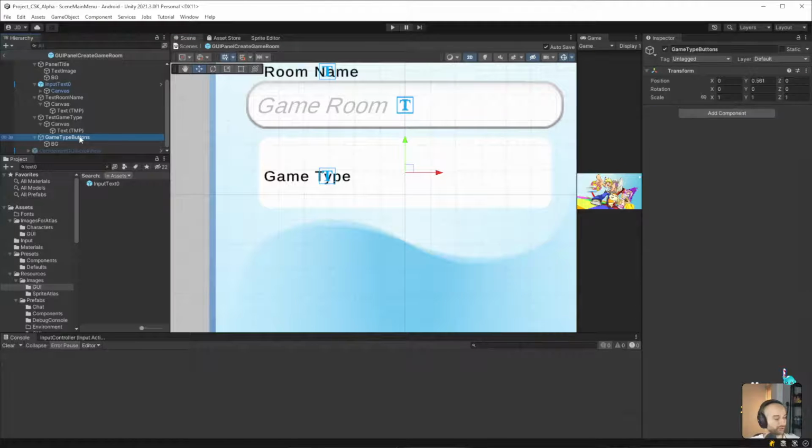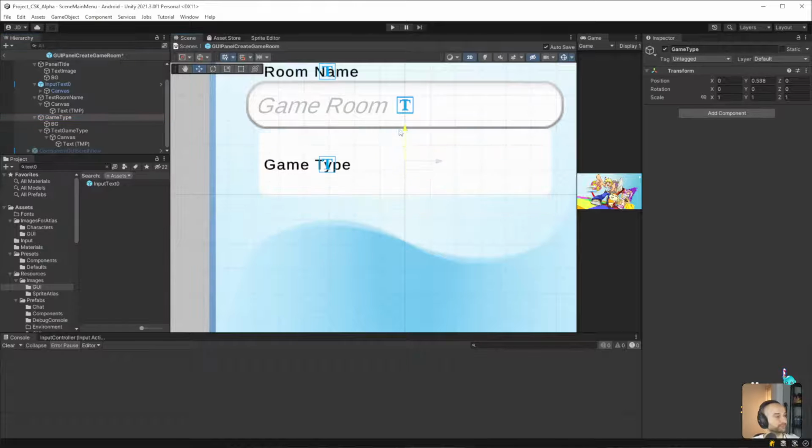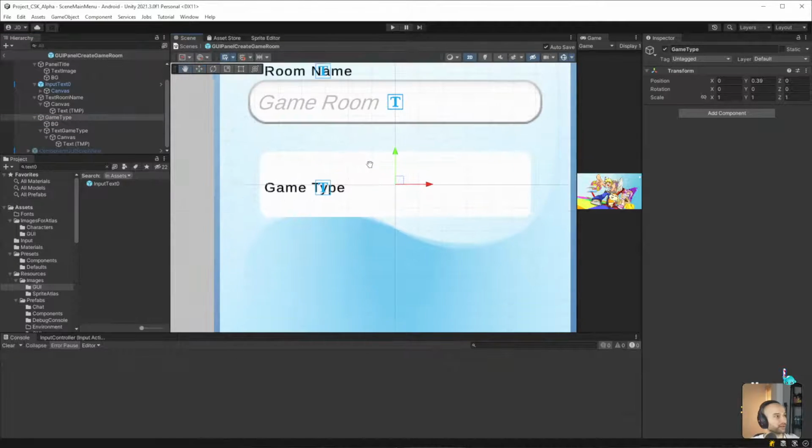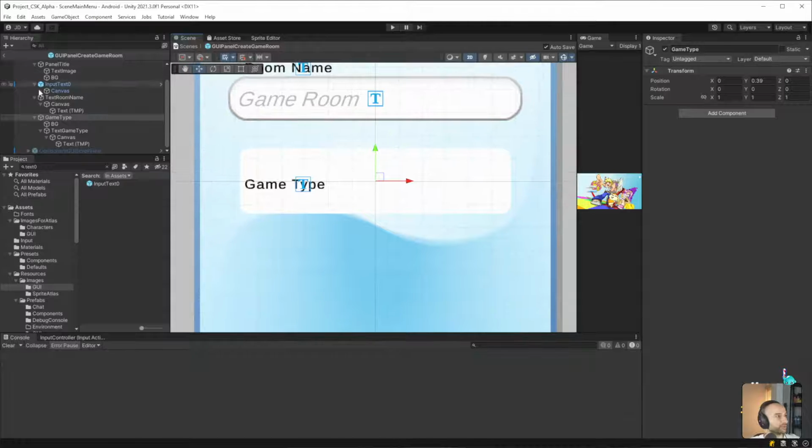Now that I think about it, this should be restructured. So game type will encompass text game type. So text game type will be a part of game type. So then I can move the whole thing. Yeah, I like that better. Okay, so with that, I think that makes a bit more sense. Let's move this up order-wise. And then we'll move this on the X, we'll move it up.